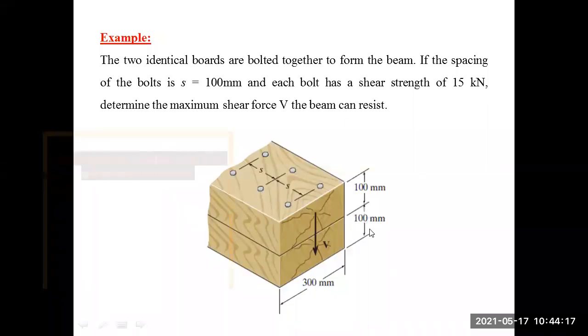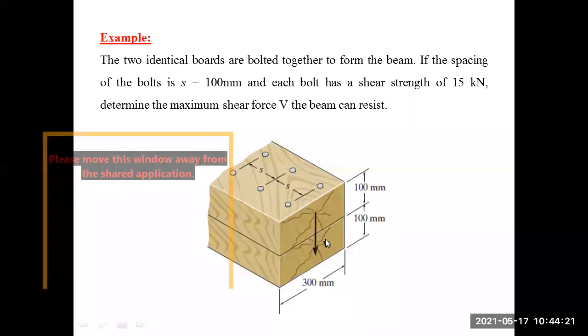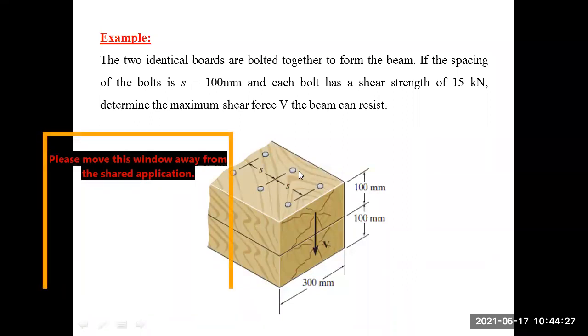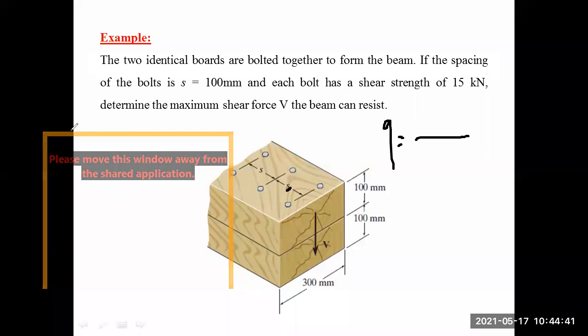Okay, if the question gives V, and it is asking me to give the spacing for 2 rows of nails, then the spacing is not given directly. If I need to calculate Q, I can calculate the spacing through the Q, because